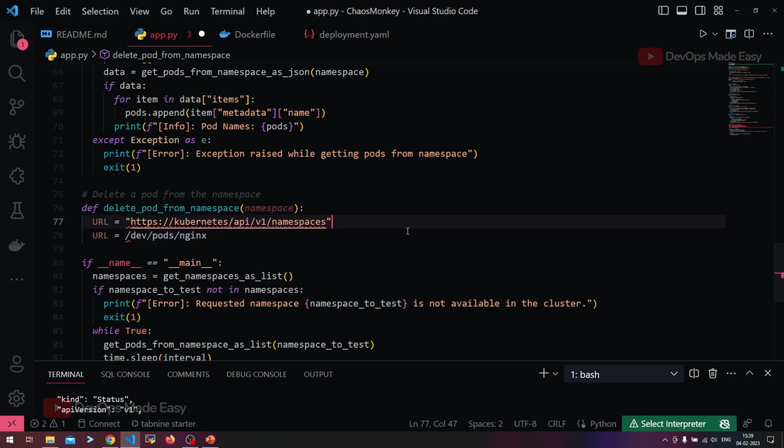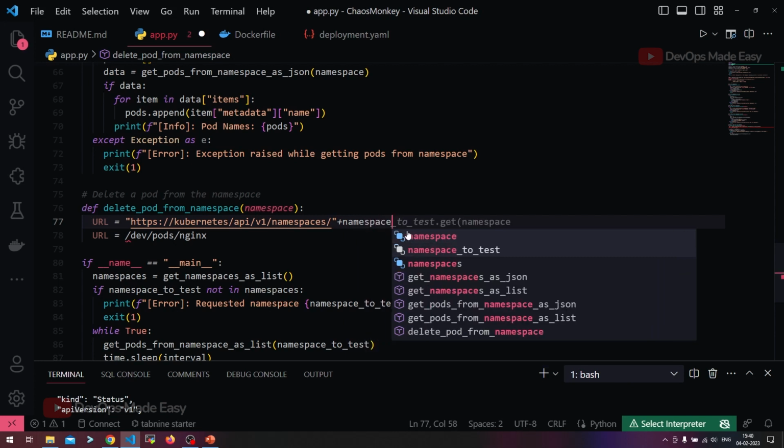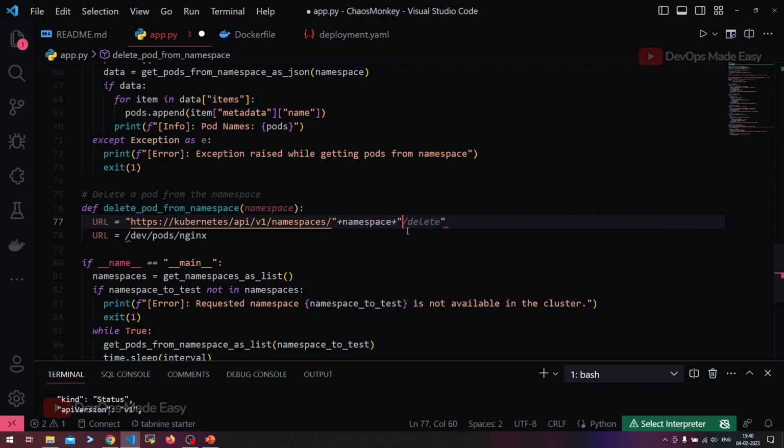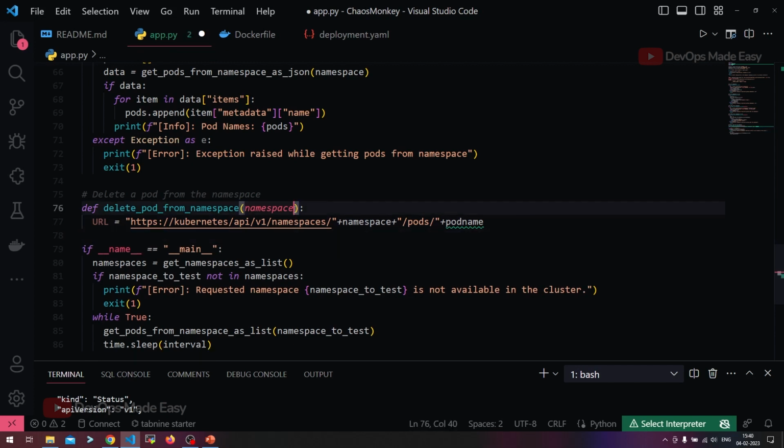This is a fixed string plus the actual namespace, so don't forget the / here. The actual namespace is the namespace, and again plus, within the brackets, pods, and again / and the actual pod name, which we need to pass. So let's delete the next line. Here, after the namespace, you also need to pass the pod name to this function, then only a particular pod. So this pod name is read and used here, this namespace is used here, and this is the